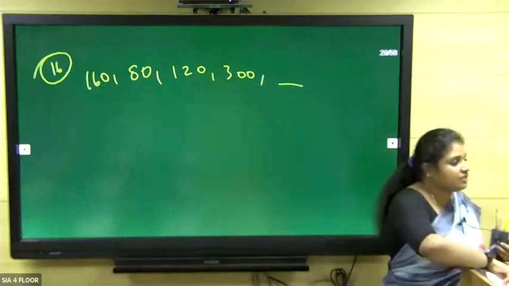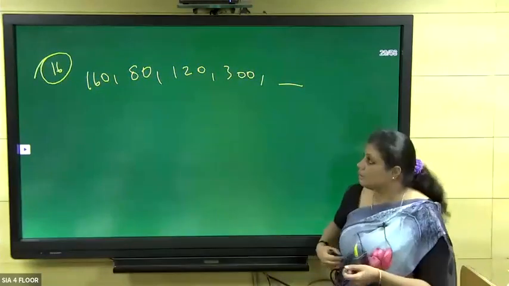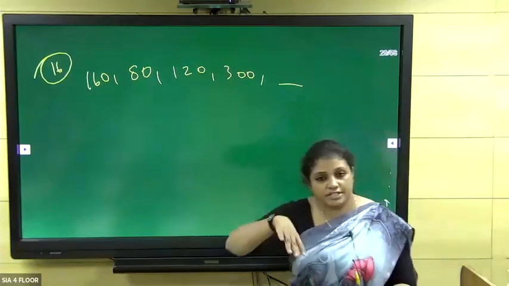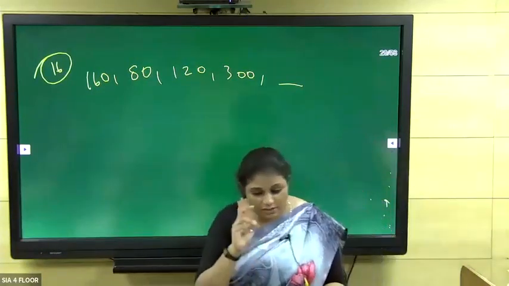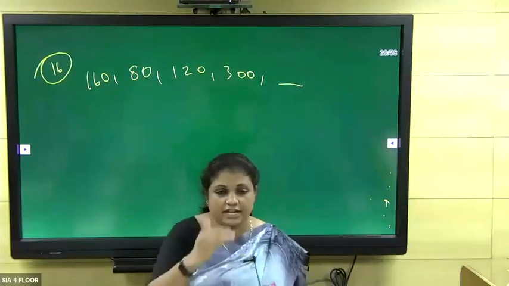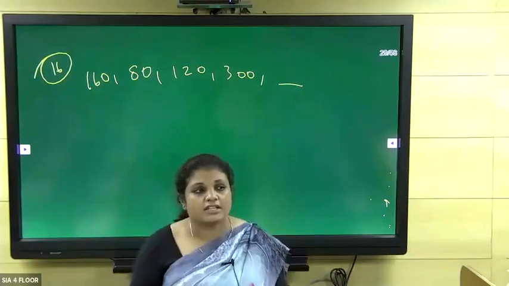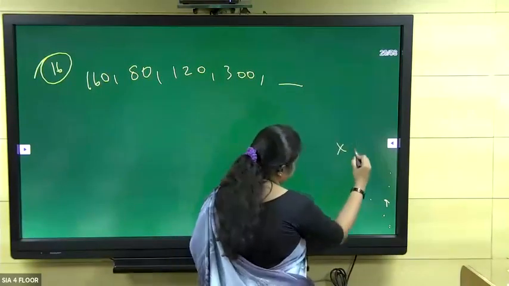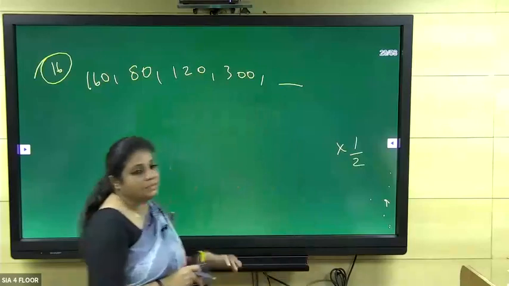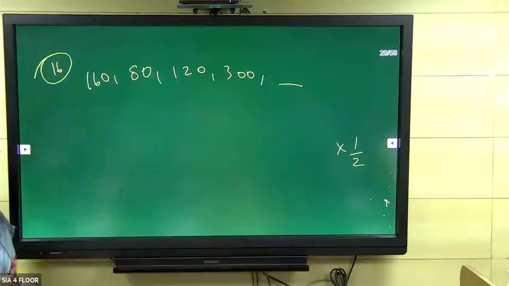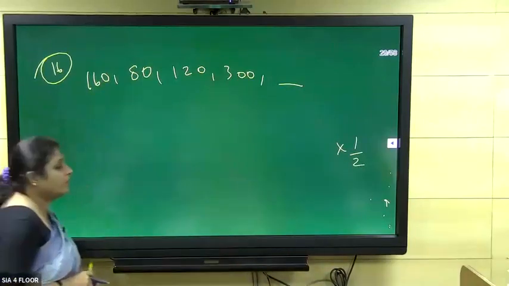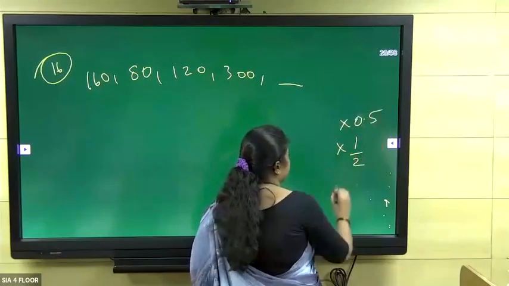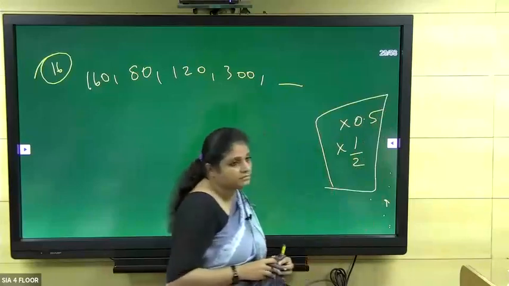Okay. So first of all, analyze the sequence, how the ranges are, and whether it is increasing or decreasing. Just see that. If you find only the first number is decreasing and the others are increasing, then there is only one technique, which is they have done something with this half. Multiplying that with half will make it like this. Multiplying the sequence with half, or with 0.5, only these things will happen.